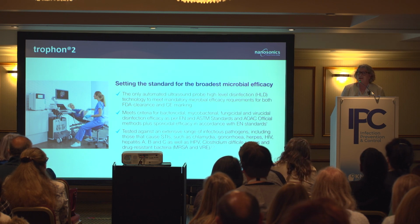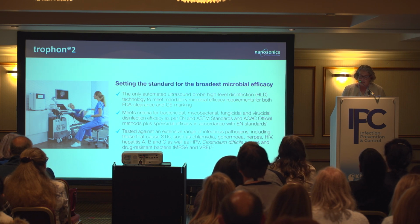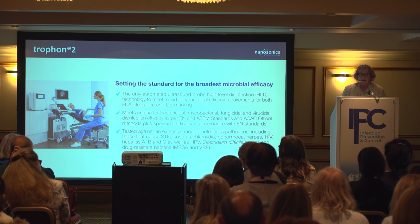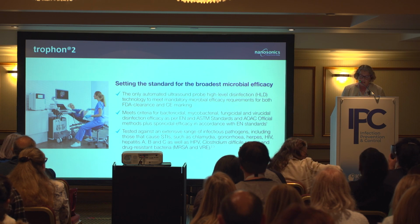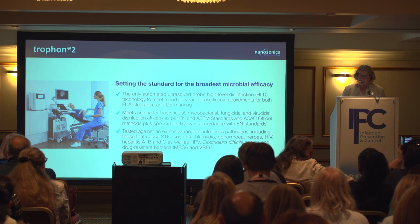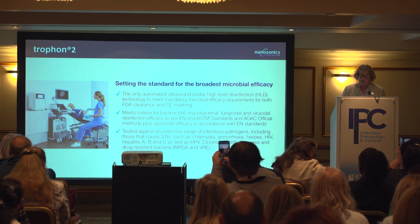The other highly important criterion, from my perspective as a microbiologist, is efficacy. So looking at making sure that there's high-level disinfection that's been tested and meets all of the requirements, both for CE marking for Europe, but we also have FDA clearance for the US. So this will cover all of the standards that you'll be familiar with for efficacy testing across different ranges